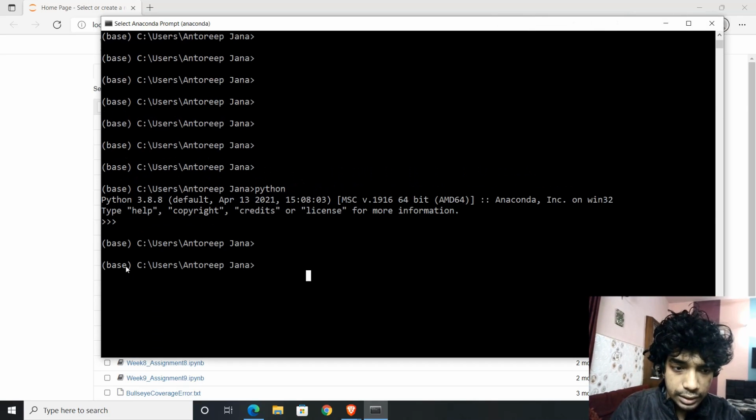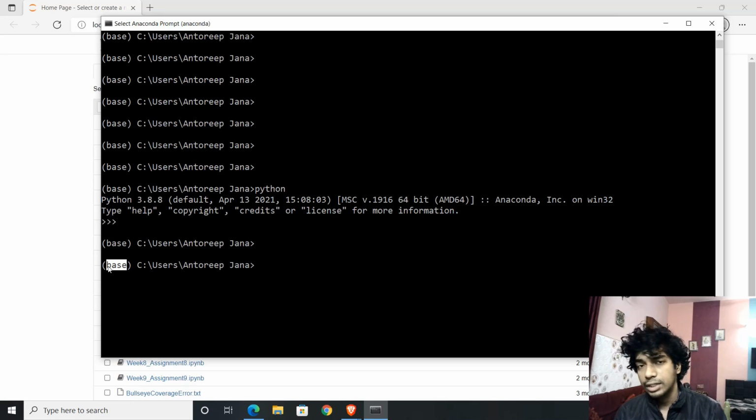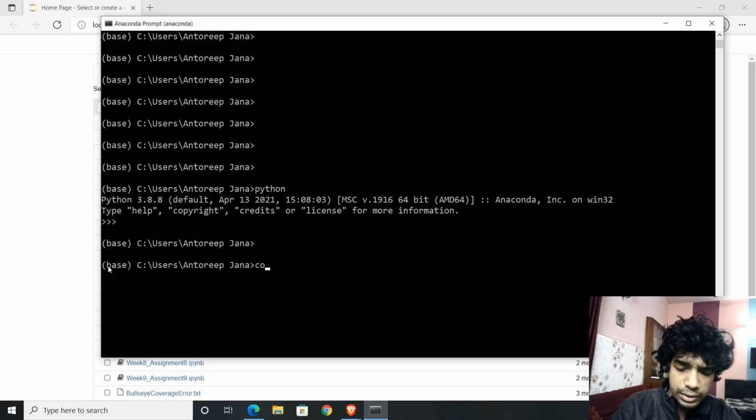Now what you see over here is the environment you are using. Why is it important to maintain environments? This is the base environment. Let's say you're working with TensorFlow. Now you want to have a TensorFlow environment. In the TensorFlow environment, you will have a set of configurations, and let's say you're working with TensorFlow version 2.4. For TensorFlow version 2.4, you'll have a set of requirements and key configurations, corresponding to which you'll have a TensorFlow installation, NumPy installations, and those kinds of things. And you don't want to mix up or destroy the already configured base environment, which is working pretty well. So what you're going to do is